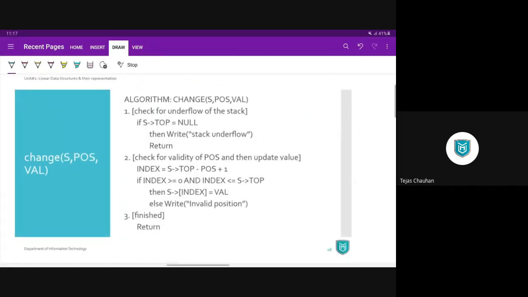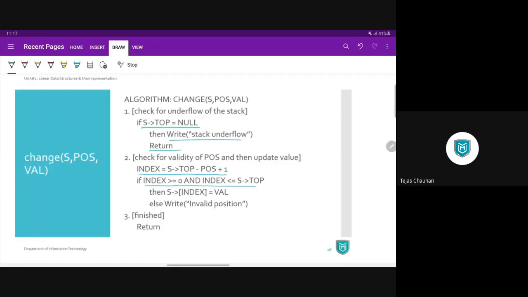So let's have a look at the algorithm here. If your top is null, then your stack is empty. There is nothing in your stack you can update, so emptiness condition. If it is not the case, then what we will do is we are going to calculate the index from the given position. So top minus pos plus 1. Then we will validate that index.